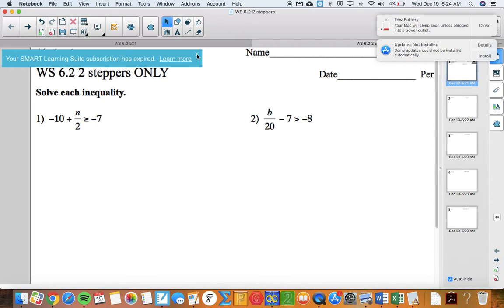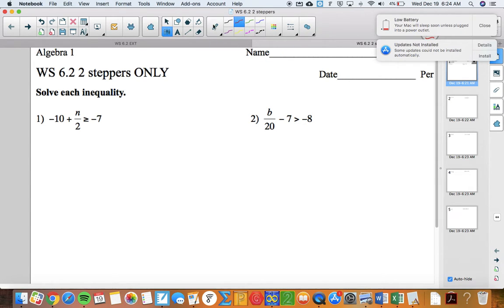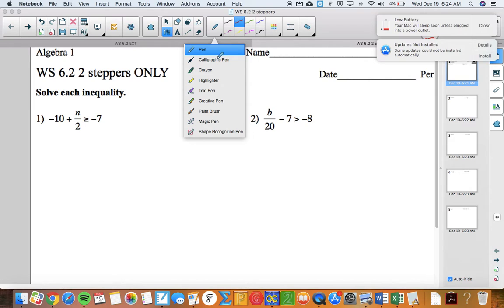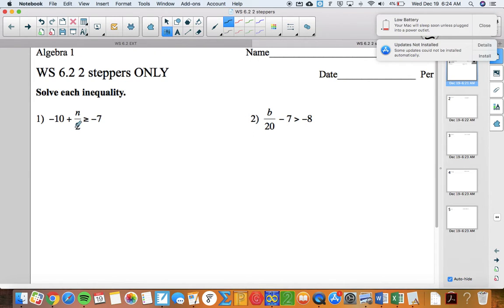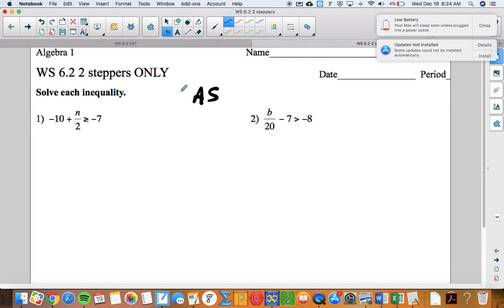Good morning. Let's try some solving inequalities here. Remember, we're going to use the same steps as when we solve an equation, except if we multiply or divide by a negative number, we need to flip the direction of the inequality. And also, as part of that solving process, remember that we undo addition and subtraction first, and multiplication and